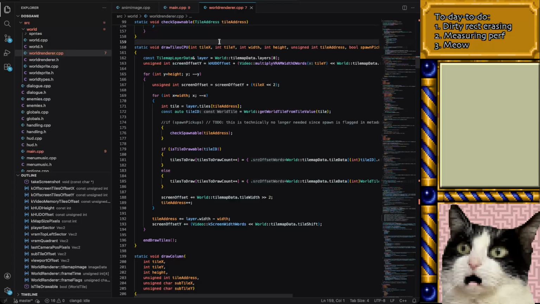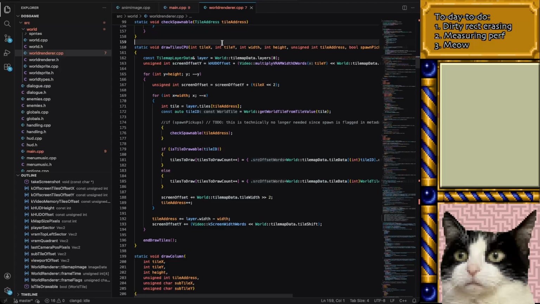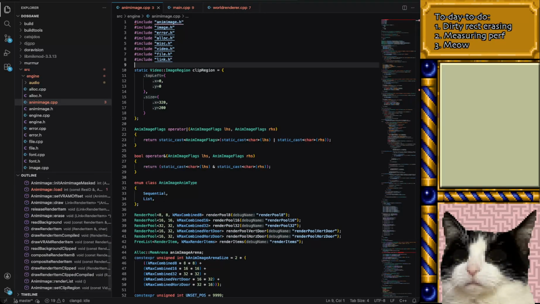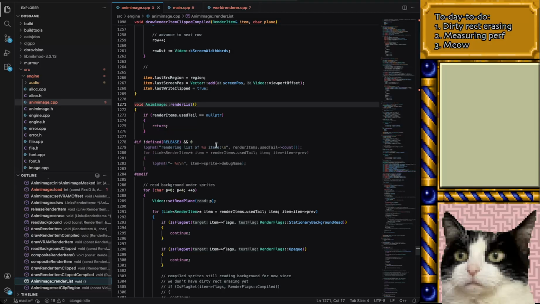I think what we should do, actually, is just do this the slow way and then optimize it. I think that will be far more sensible. So that would be in an image, which is there. So an image currently is expecting